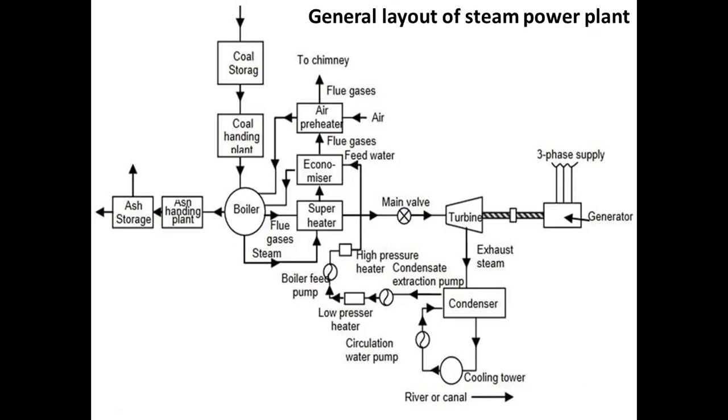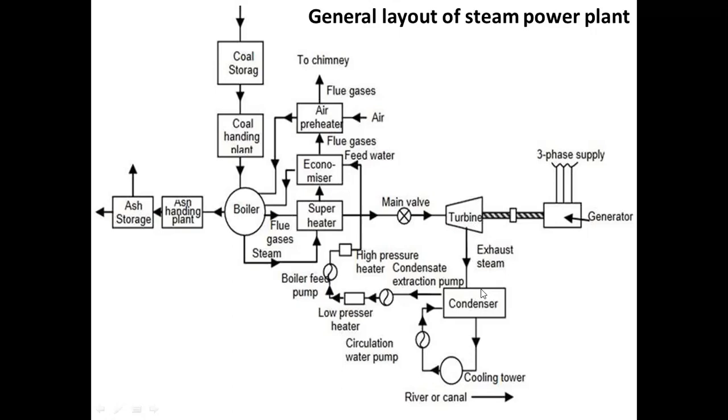After giving its energy to the turbine, the turbine converts the heat energy into rotary motion, and a generator is coupled with the turbine, which converts the rotary motion or mechanical energy into electrical energy. After giving its useful energy to the turbine, the steam, which is now wet steam, also known as exhaust steam,